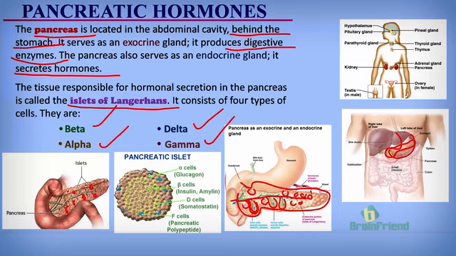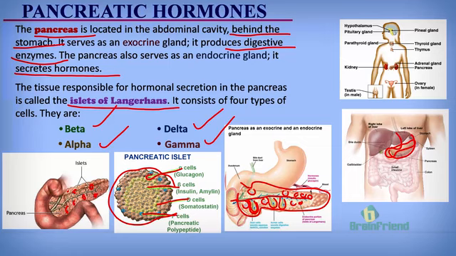Remember, islets of Langerhans is scattered all over the pancreas. So this is what the islets of Langerhans will look like. We have them all over the pancreas. If you do a microscopic view of the islets, you find it in this form. So you see the different types of cells in the islets. We have the alpha cells, the ones in brown color. We have the beta cells, the ones in pale green color. You can see the delta cells as well as the gamma cells colored in blue.